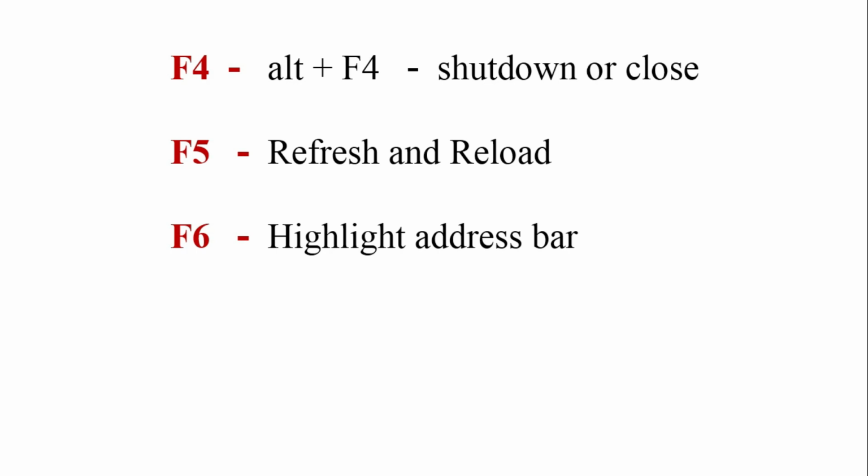The next function key is F7. The F7 function key is used to check the spelling. Suppose I open a document and there are spelling mistakes in it. Then we manually go to the review menu and check the spelling. But instead of that, simply press the F7 function key to check the spellings. Pressing the F7 key will open the spelling check box, and there we can change the spelling or ignore it.